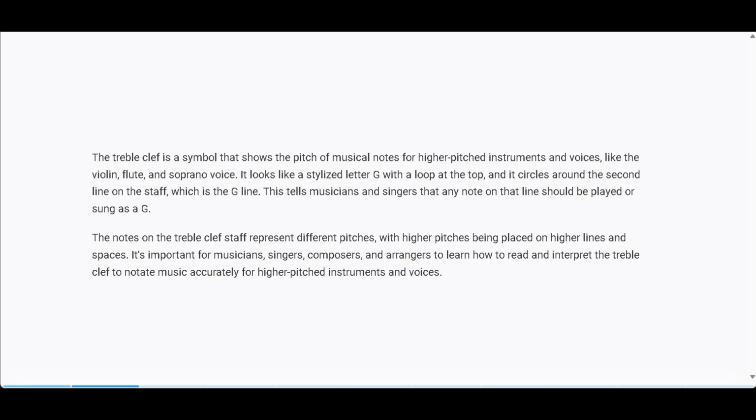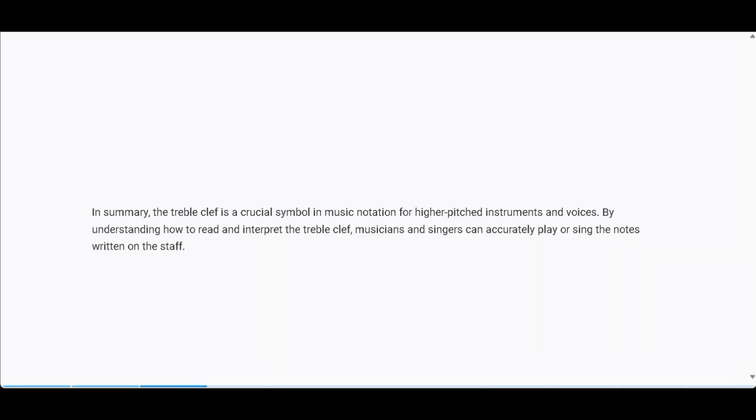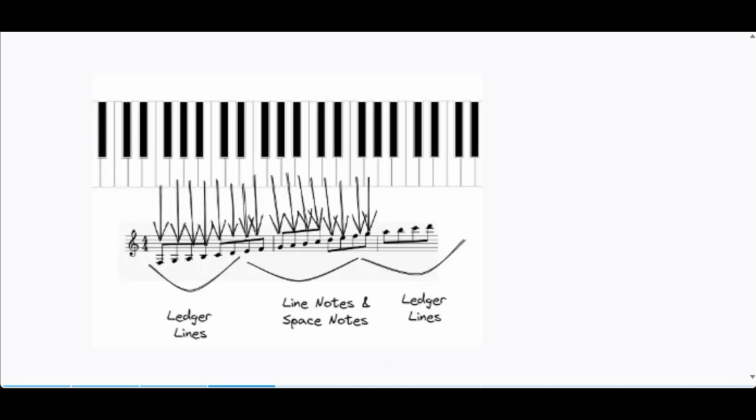And the pitches are the ones that we are going to learn in this lesson. This is a crucial symbol as well. So this is G, as I said before. Here on the keyboard, this is G. So after G is, like I said before, in the